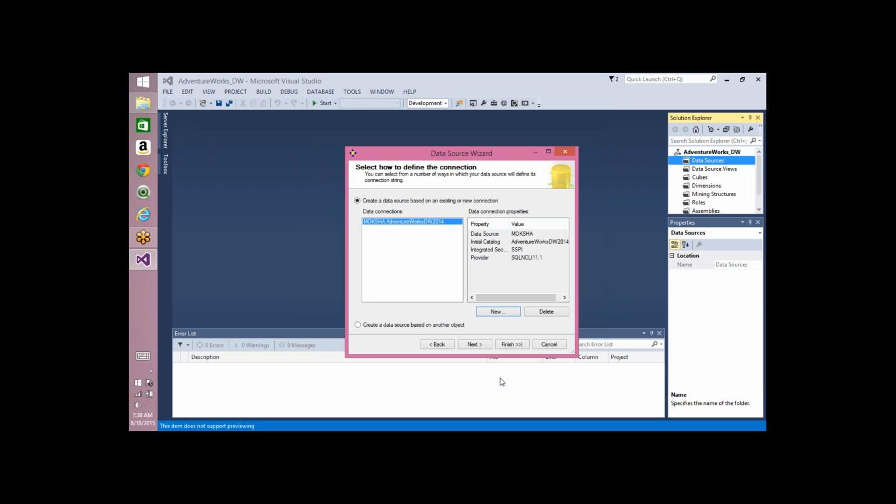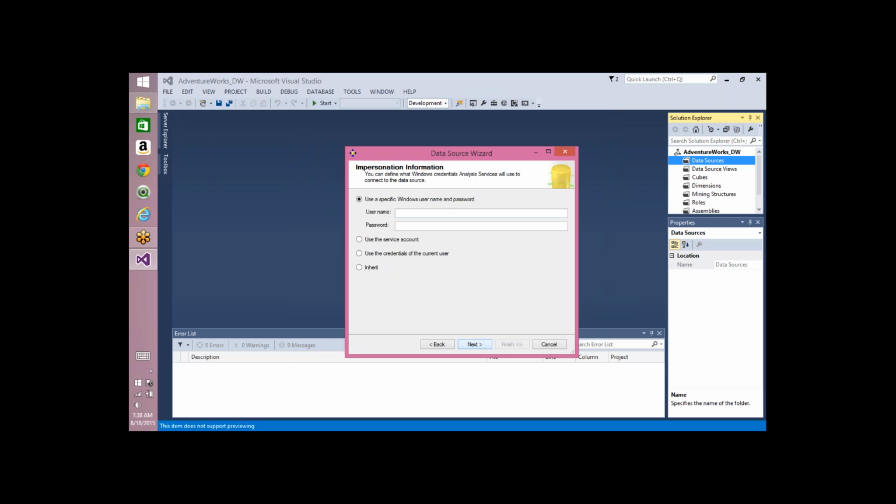Now we have provided the server name, Windows authentication, and the database name. Everything is fine for the data source. Now if you go to the next, you can see something called impersonation information. This impersonation information will come into picture when you select